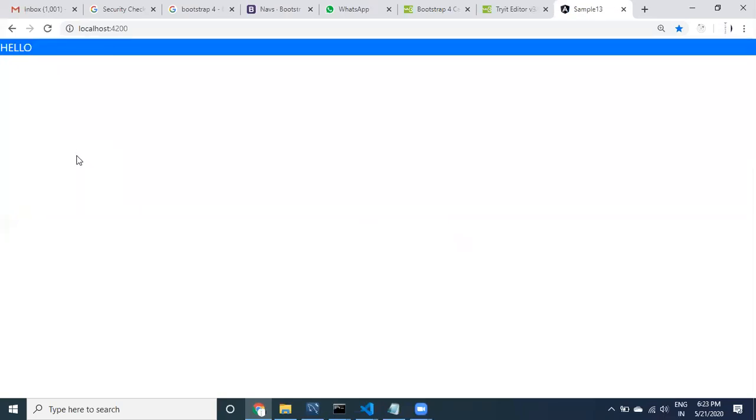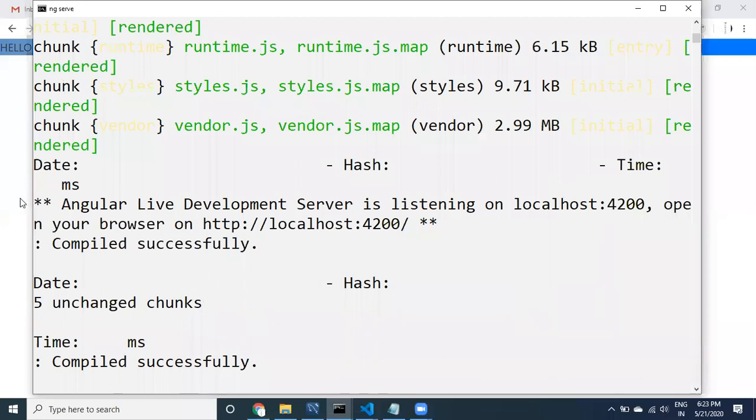I have shown you the second way of implementing bootstrap into your project without installation, without giving any commands. This is very simple, but if you don't have internet, then this is not going to work. Whatever approach I have shown you right now, if you want to use it, the internet should always be connected to your system.